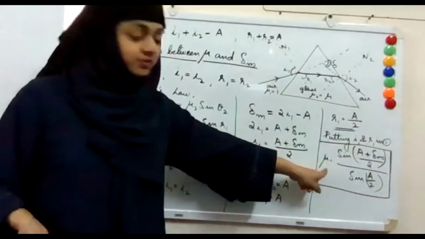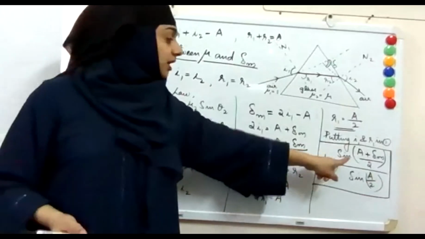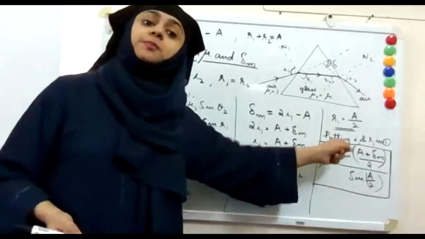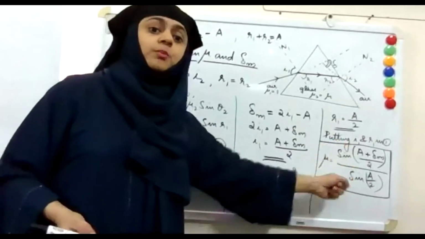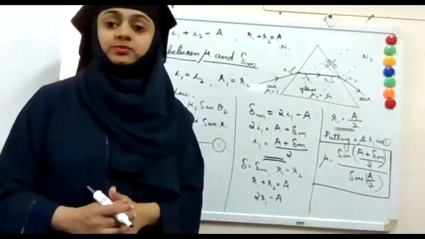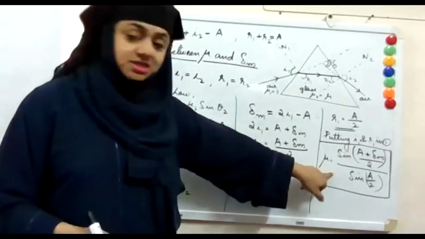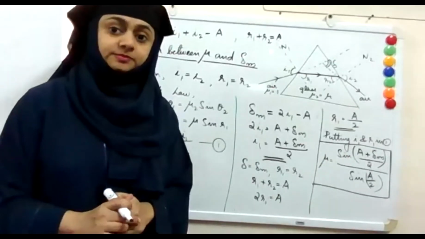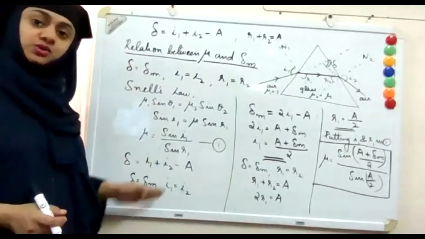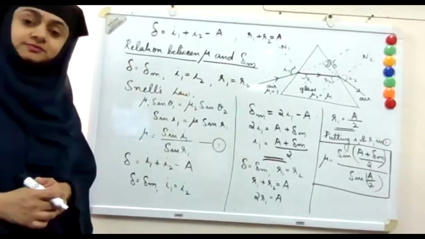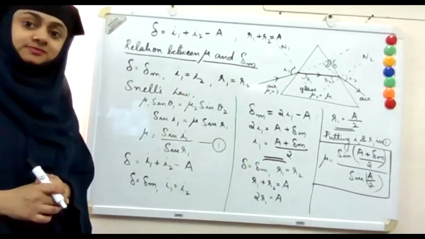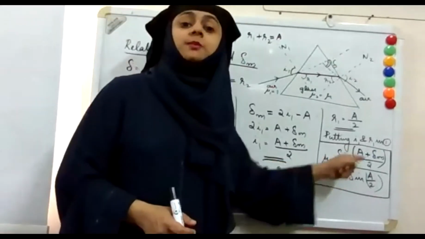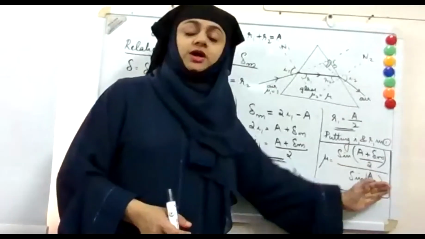What is the relation between refractive index and the angle of minimum deviation? Mu is equal to sine (A plus delta M) by 2 by sine A by 2. Can you memorize this equation? Is the derivation clear to you? Yes. Okay, so the equation is mu is equal to sine (A plus delta M) by 2 divided by sine